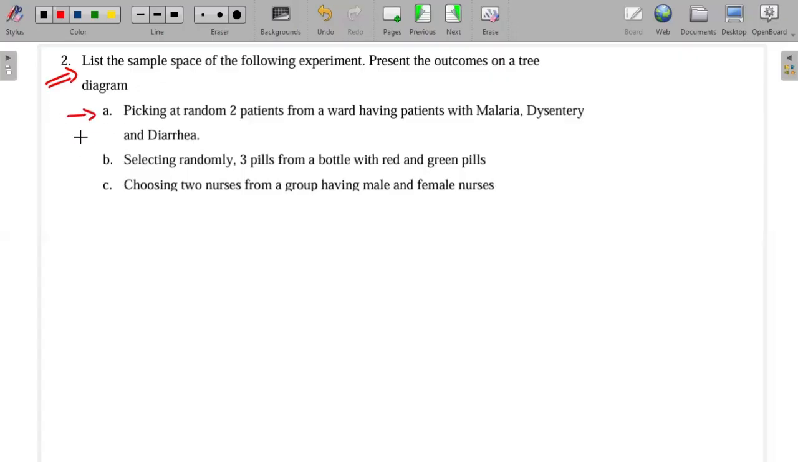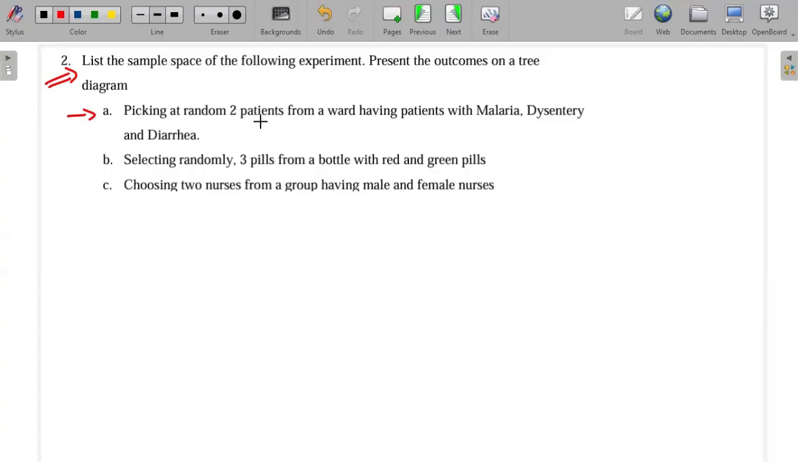Part A is an event that is happening. They want us to list down the sample space, and once we list it down, we can show it on the tree diagram. As we're going to be doing the opposite, we're first going to represent this on a tree diagram, and then we can list the sample space. So the first one, they're saying,